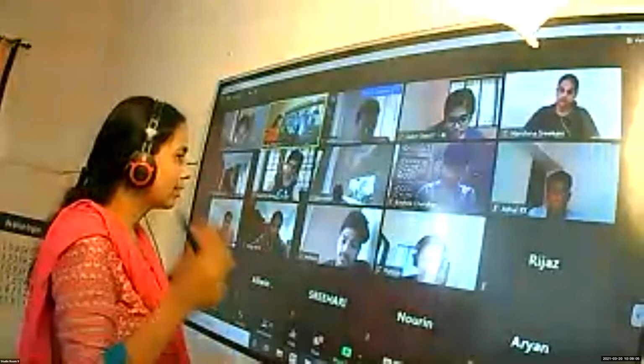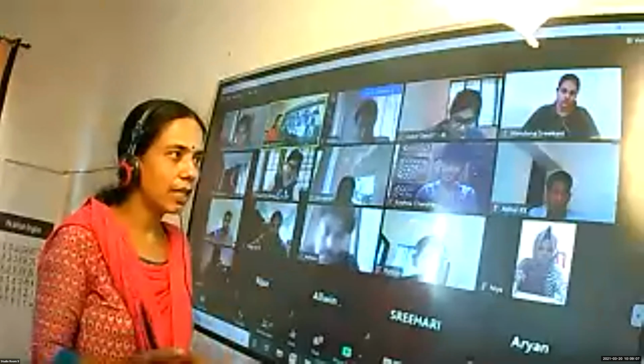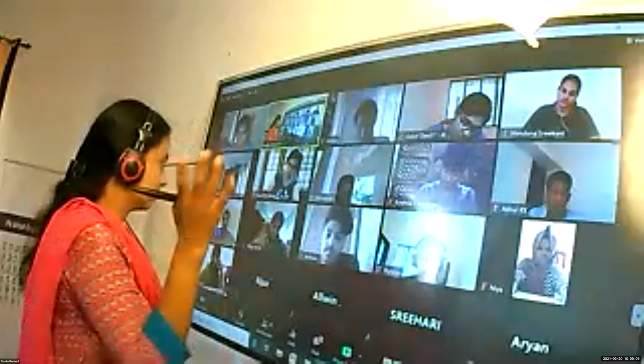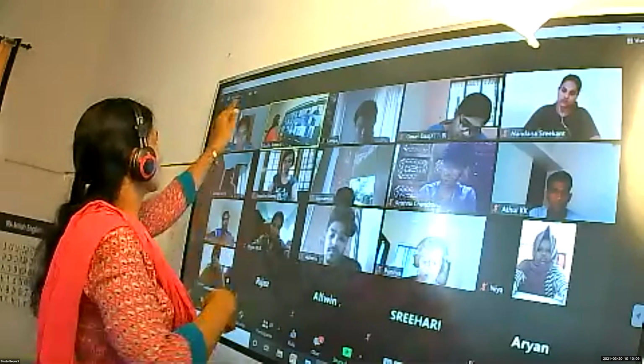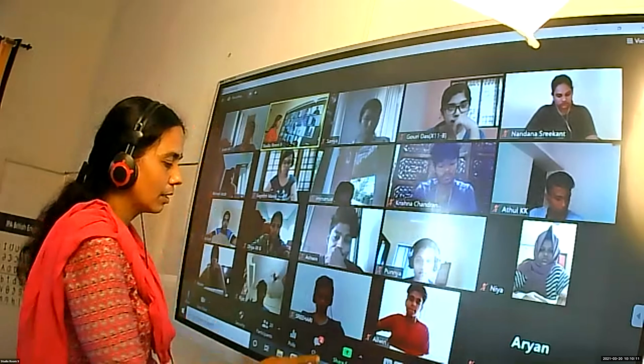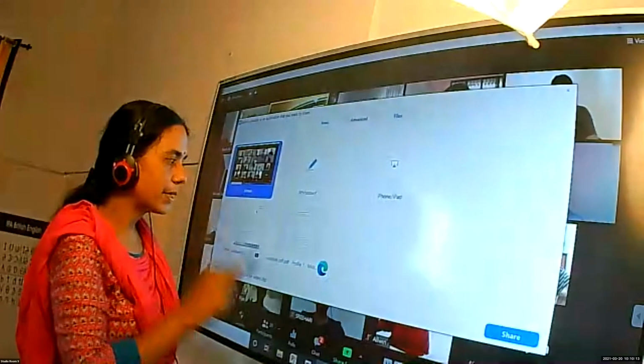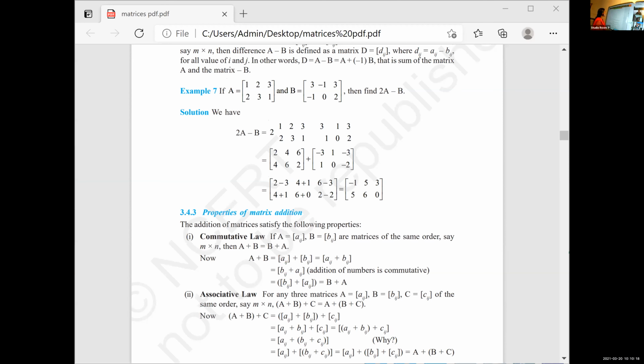Children, all the theory part we are learning is very important. These are the properties of matrix addition. Again, this will be asked. There is a chance of it being asked as a case study question. They'll give 4 different options. Is it commutative, not commutative? Some options will be given and you have to select it. If you know the properties, you can do that easily.